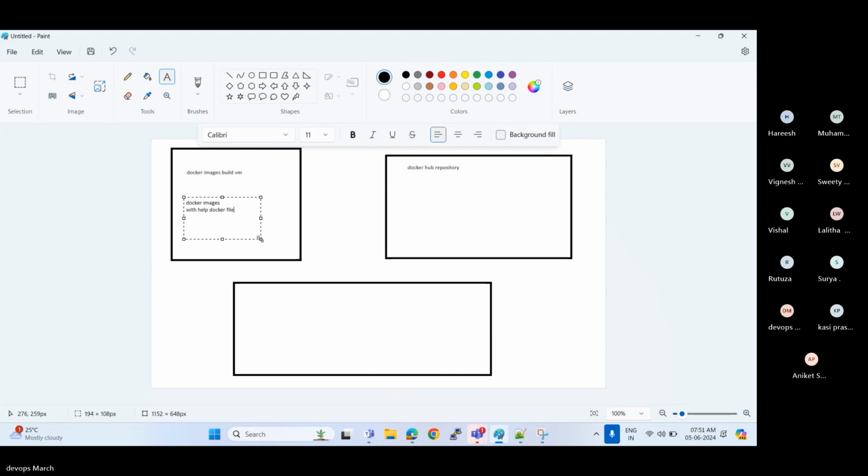Once the images are ready, we will upload the Docker images to Docker Hub, that is, to this location.